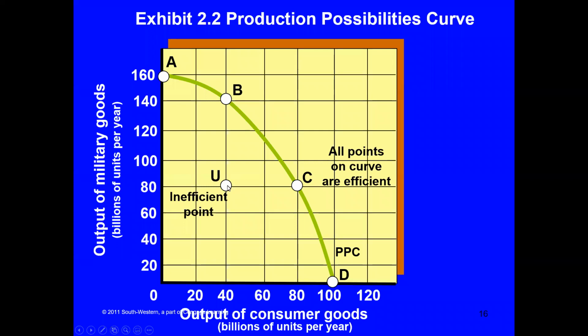And when we're talking about a society, unemployment is an example of when we get to U. We have workers, but we're not using them efficiently. Maybe some of our machines are down. Maybe some of our workers are out because they're sick with coronavirus. It's not that we have fewer workers, we're just not using them for some reason. We're not being efficient for some reason.